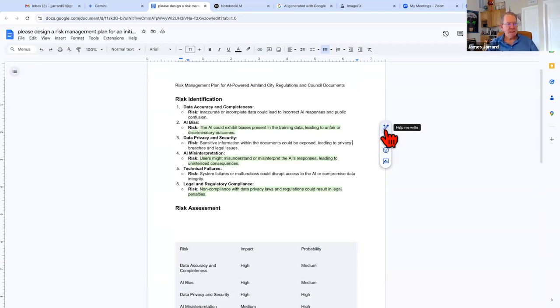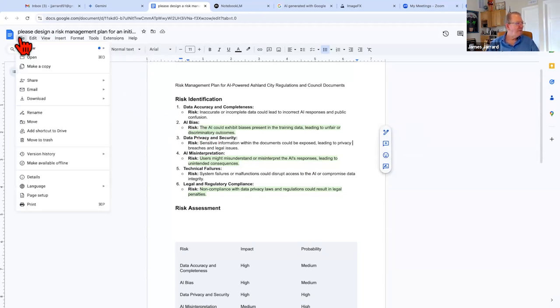Remember, it's edit the prompt, help me write, recognize that little symbol when you're dealing with Google AI. I believe it's becoming a common icon. Add a comment. So I can print this out. Where's print? File.